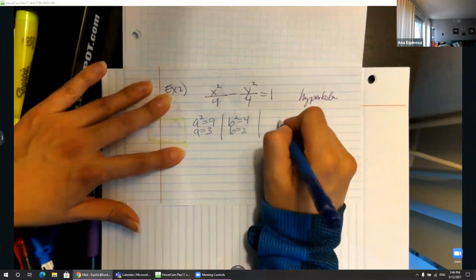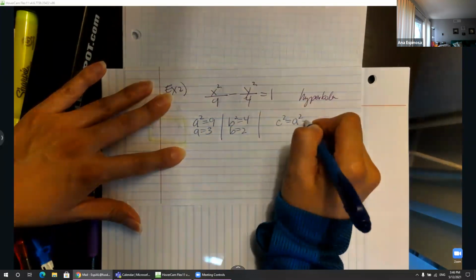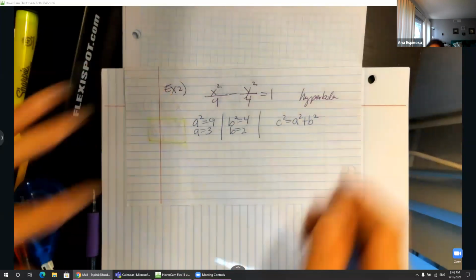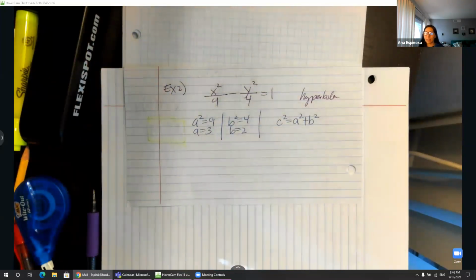Now, be super careful. This equation is a squared plus b squared, not a squared minus. So that's the difference. When you know the conic, you have to please, please, please make sure that you know which